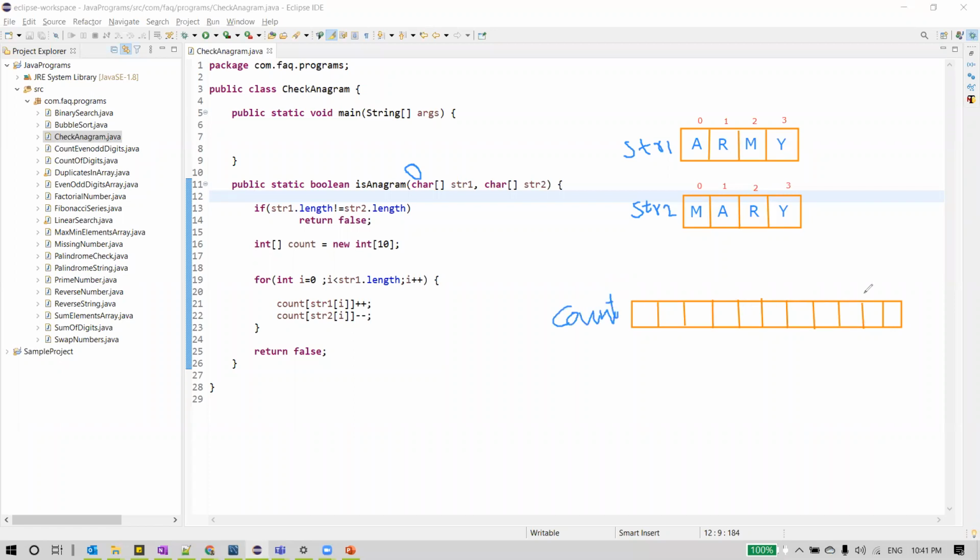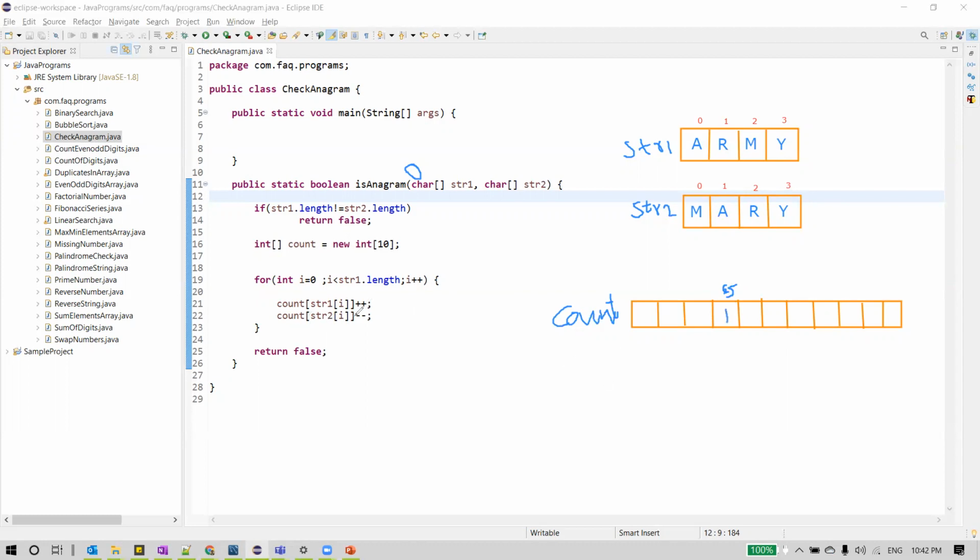And here the indexes can be anything, like we are not sure what the array size can be for now. We will calculate that later. For now, count of 65, right? Say for example, this is the 65th index, and what are we going to do? We want to increment the value by 1, and also assume that all the elements in my count integer array are 0 for now. Now we want to do count of 65 plus plus. So this is the 65th index, plus plus. So the value becomes 1 now.